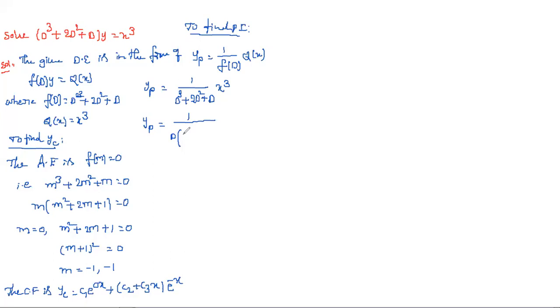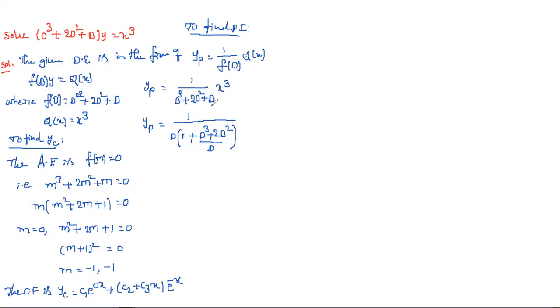If you take that as common, we get 1/(D(1 + (D³ + 2D²)/D)). The lowest degree term is what we take common, or if there is a constant, the constant we take common, because I require 1 plus or 1 minus. After taking D as common from this polynomial, I got 1 + (D³ + 2D²)/D. If you multiply that term inside, you get the above expression. Are you getting it or not?